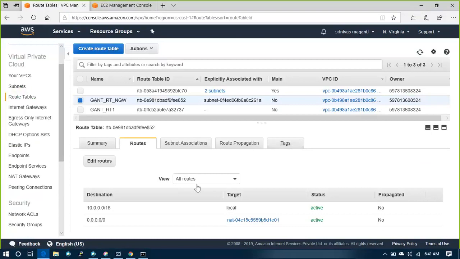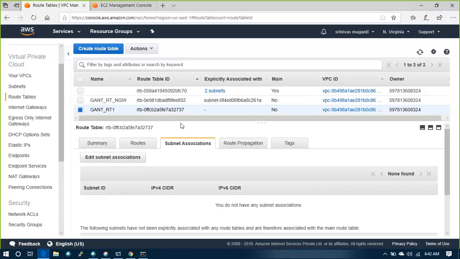Then, what is the difference between this and this? Route table.